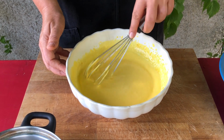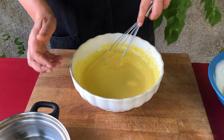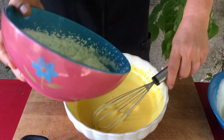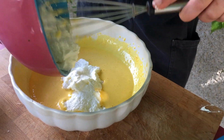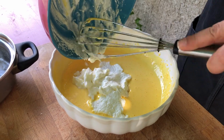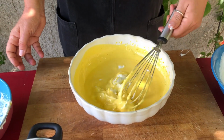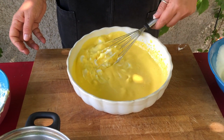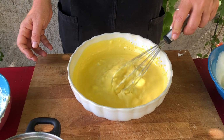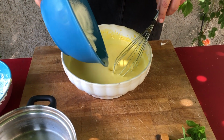Okay, once the eggs are mixed with the lemon juice, you can add the whipped cream. Okay, we join them. Same movement, remember, from down up. Don't be in a hurry. Just 5 more minutes and it's done. And once there are no lumps anymore, you can add